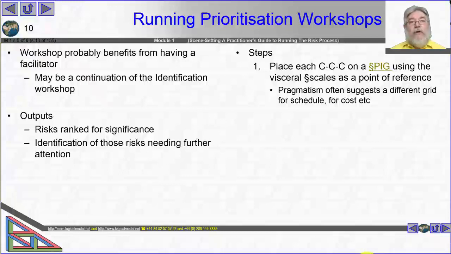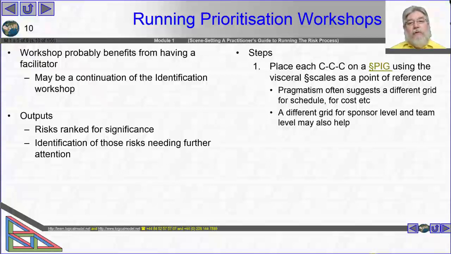Ultimately, it's all going to come down to where's the resource that's going to deliver the responses to the risks. So at this point, I'm beginning to think, what resources have I got with what skill sets, and what concerns have I got that impinge upon those skill sets? For example, how much of the risk prioritization does the sponsor need to do, because only they are in a position to say what they feel are the priorities. So we might need different grids at different levels of authority, so sponsor versus technical team,